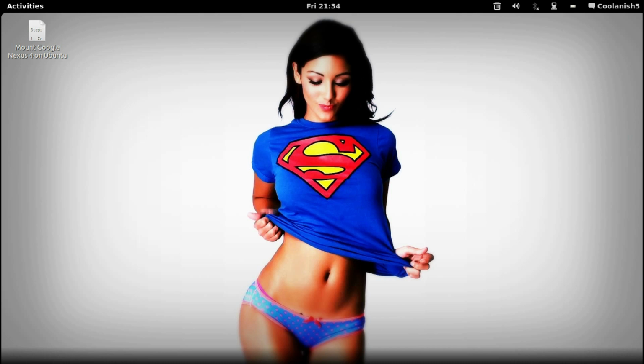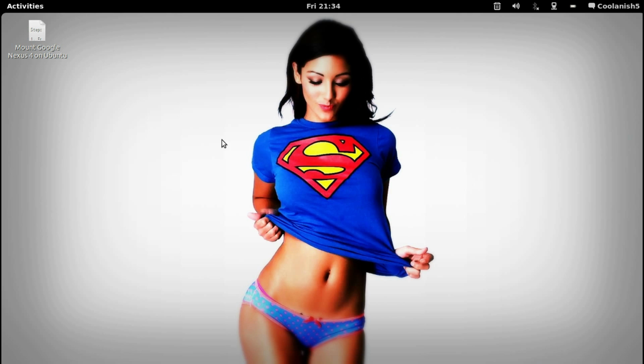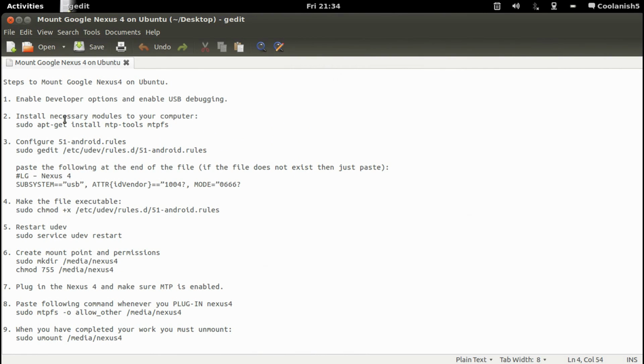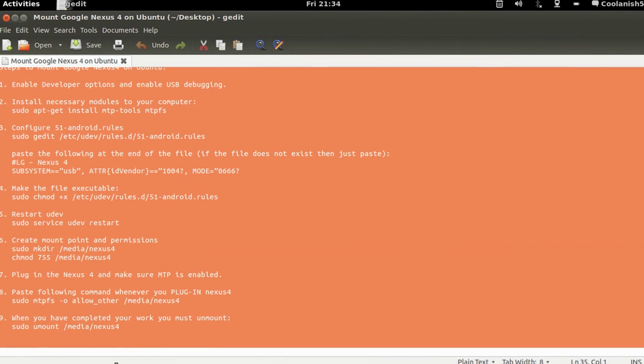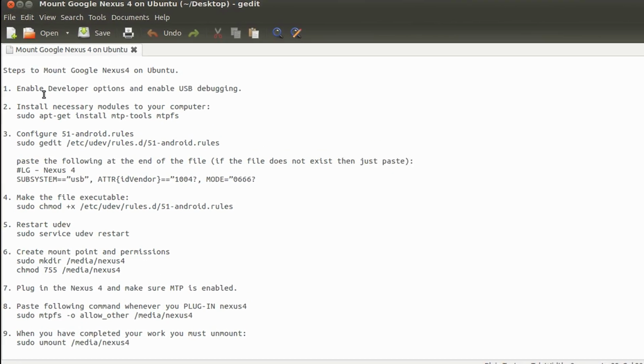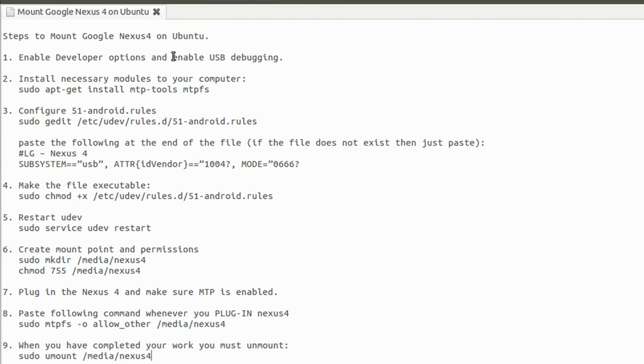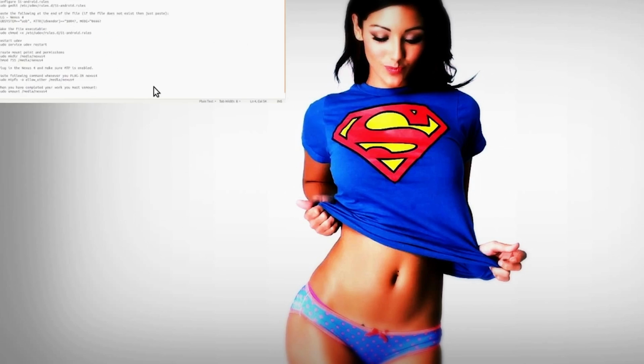Now in order to access the files which are placed on a Nexus 4 in Ubuntu, you'll have to follow 9 simple steps. These are the steps you'll need to follow, and I'll guide you through each and every step. So the first thing you'll have to do is enable the USB debugging. So go to your Nexus 4 device and